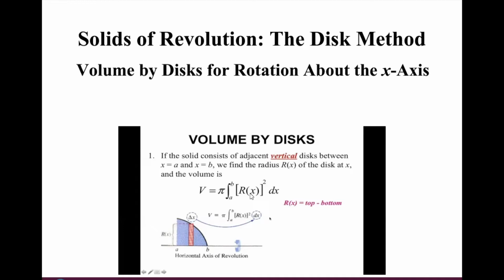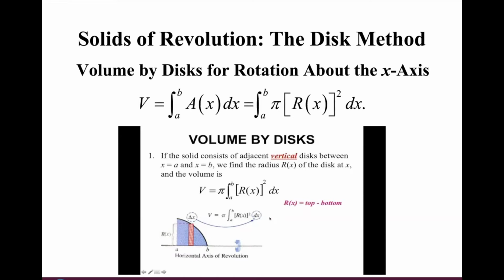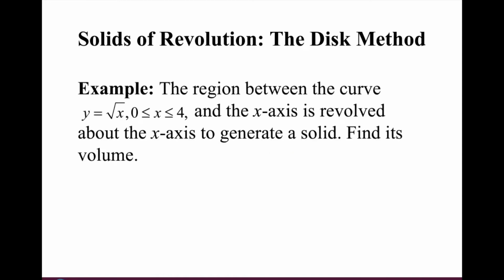When we get to the next method, which is called the washer method, I will explain the difference between the two, and how you know when to use discs and when to use washers. For the moment, you use discs because that's the only method we know. All right. Okay, so again, here is the formula. It's the integral from a to b of pi times R of x squared. All right, our first example: the region between the curve y equals the square root of x,